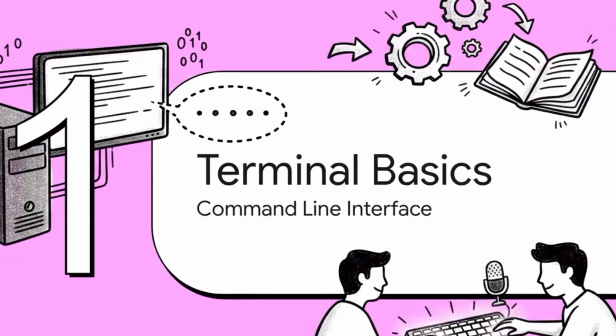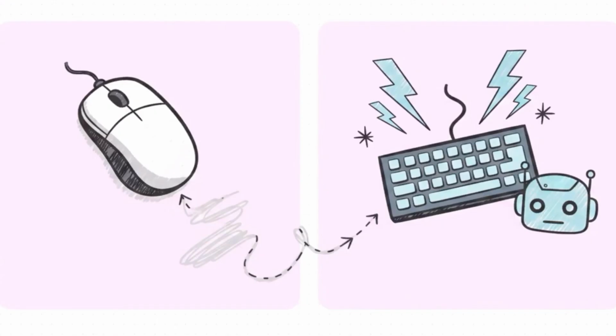Section 1. Terminal basics. Okay, so our adventure starts right on your local machine, where we really need to learn how to speak the true language of your computer. There's a huge, stark contrast between that beginner-friendly, point-and-click graphical interface you're probably used to, and the lightning-fast, text-based terminal commands, also known as the CLI. When it comes to Vibe coding with AI, speaking directly to your machine through text, that is a real game